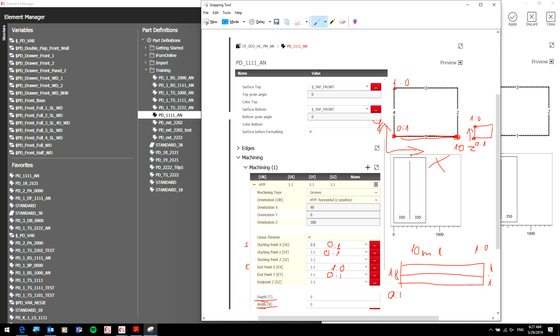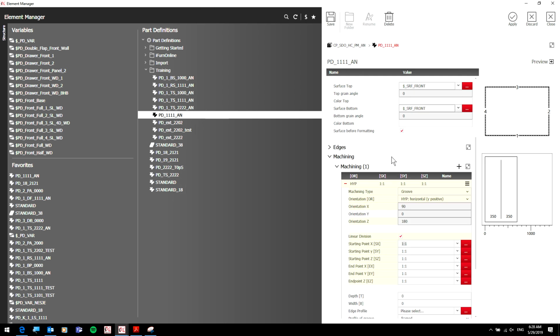Alright? So this is correct. And then the depth, how much deep it will go, I can put here. Let's say it's going like 10. So the depth is here, and the width is 2. Okay, fine. So let's do this and see how it works. So we said starting point 0 to 1, end point 1 to 0 in x. In y, starting point 1 to 1, end point, starting point 0 to 1, end. Okay, 0 to 1, and end, starting point and end point in z is going to be 1 to 1. We say 10, we say 2, save,